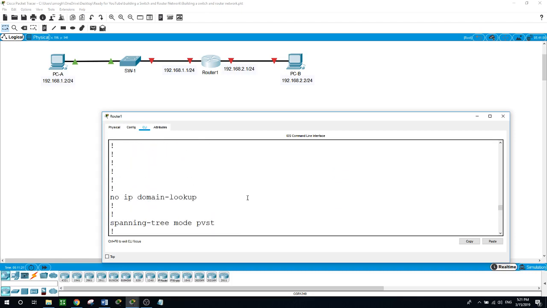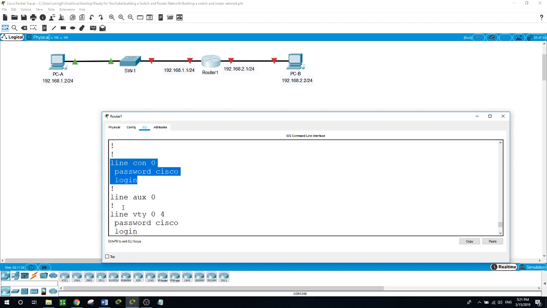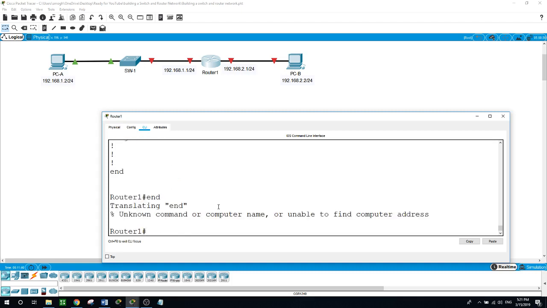And here for the line VTY from 0 to 15, and for the console, with the password of Cisco. Now if we type in this command, log in again,